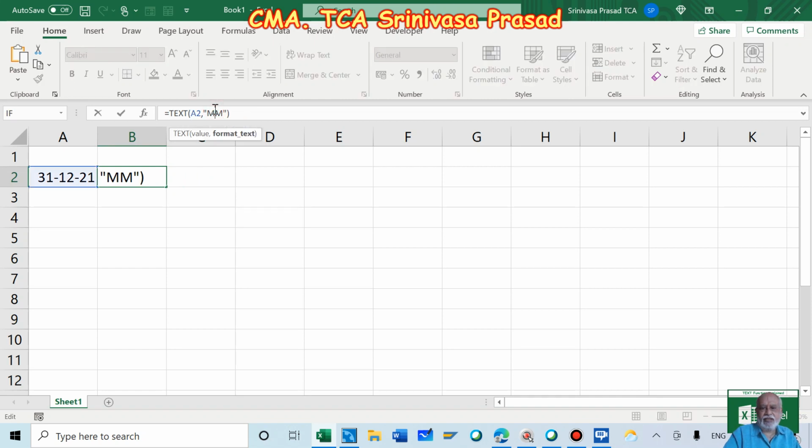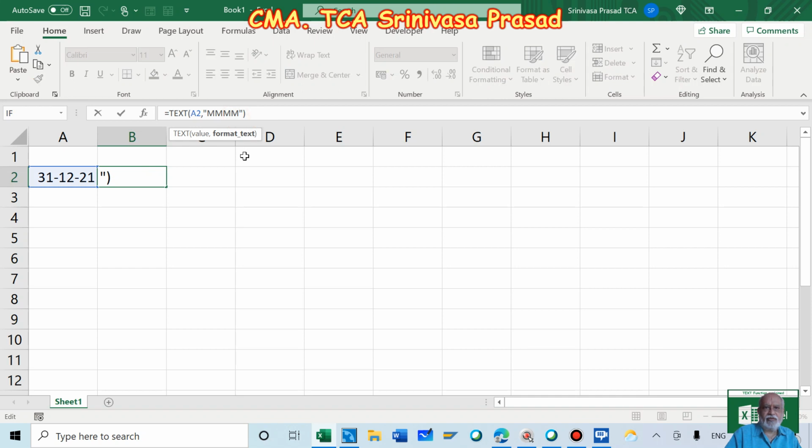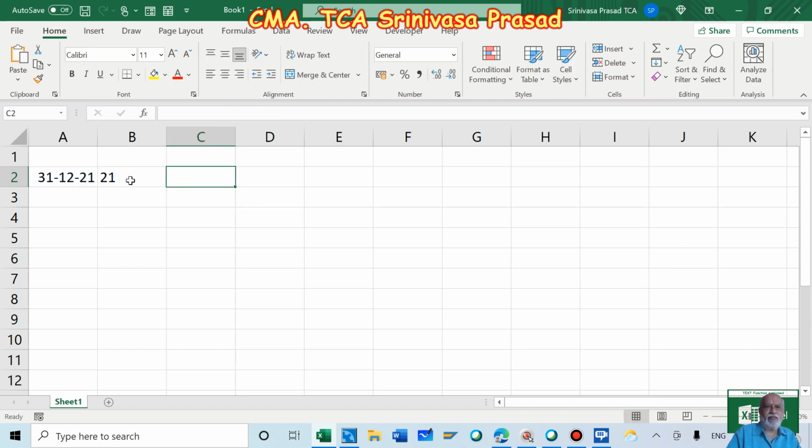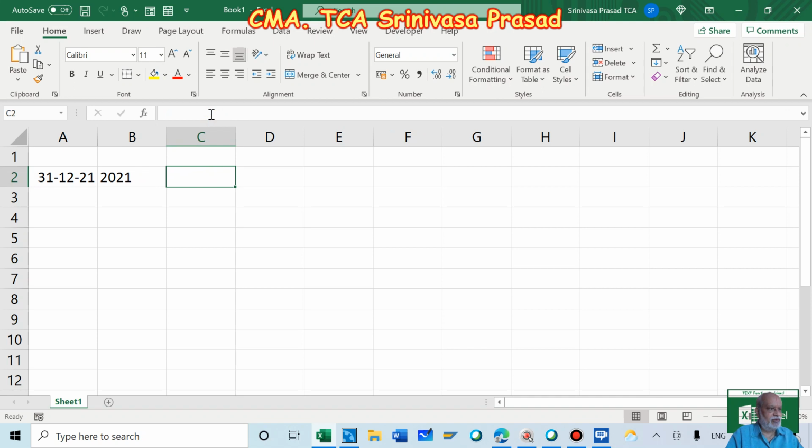When I added another m, it gave me the 3 character month, and with another it has given me the full month. Same thing with the year: yy gave me 21, and the moment I have 4 y's, then it becomes 2021.